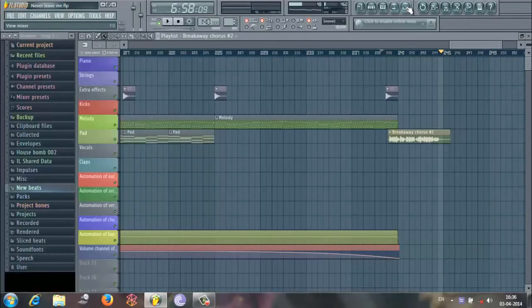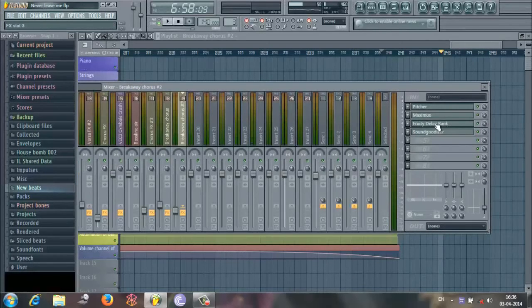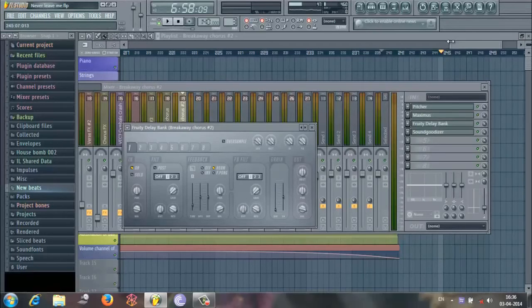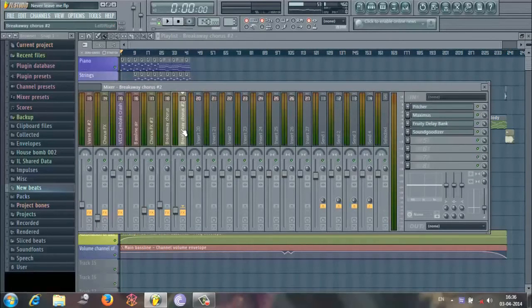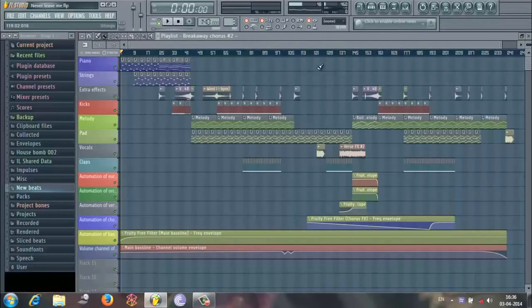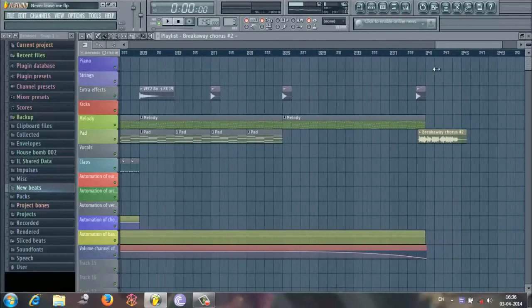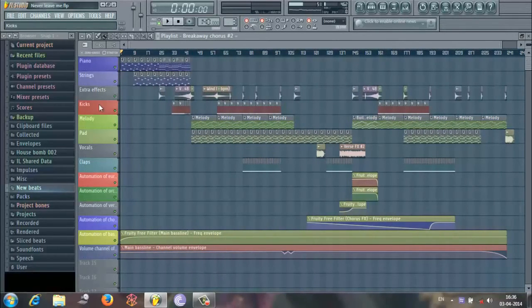Don't take tension if the sound is not proper. That's only and only because my laptop CPU sucks, and for the second chorus, for the end part, I just put delay bank for the delay effect. It sounds good, and its volume was lower than this too. Yeah, see the volume was around 30, and the other vocal volume was 40, but this I put 30 because